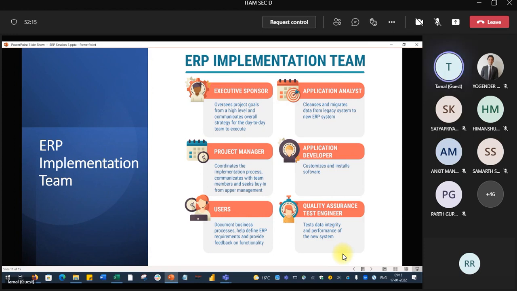All these things happen in ERP implementation. It is not that you suddenly tell your employees there is a new way of working from tomorrow, stop the old way and do the new way. You cannot do this. You have to prepare them mentally that some changes are coming.